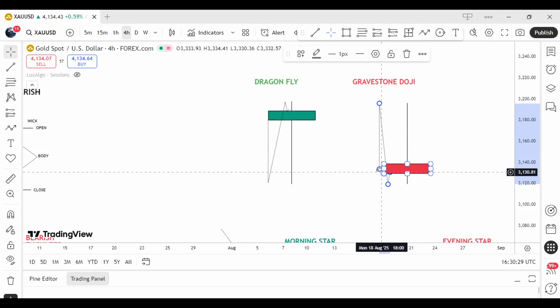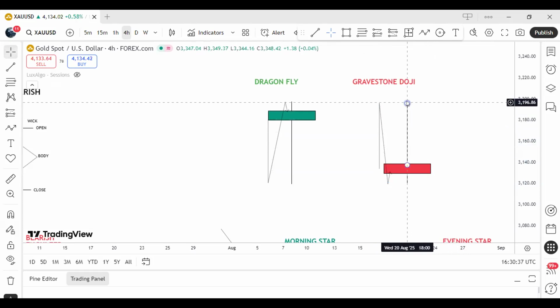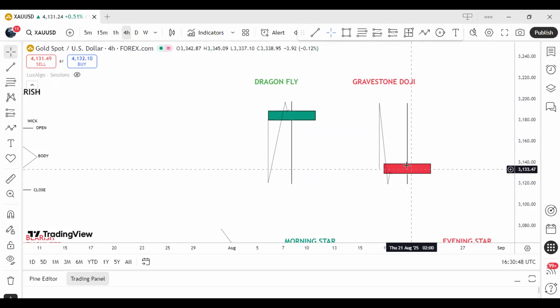They understand, like price is in equilibrium, and then the wick is what you should pay close attention to, right? Because for sellers to recheck the price from this side all the way to this low is a signal that yeah, they are stronger than the buyers. Simple and short. So for the candle to print red is like additional confirmation, but your first confirmation comes from